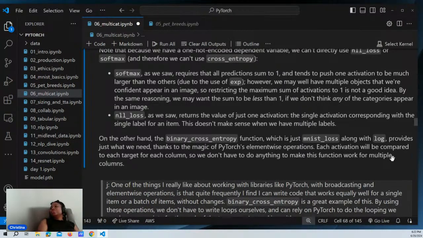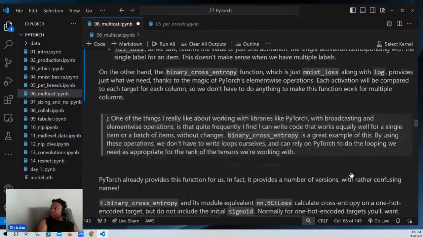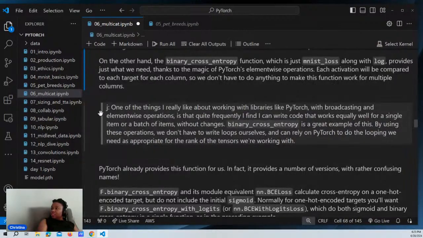Each activation will be compared to the target for each column, so we don't have to do anything to make the function work for multiple columns. According to, I'm thinking this is one of the authors, broadcasting element-wise operations makes it really easy to work with this because it takes into account